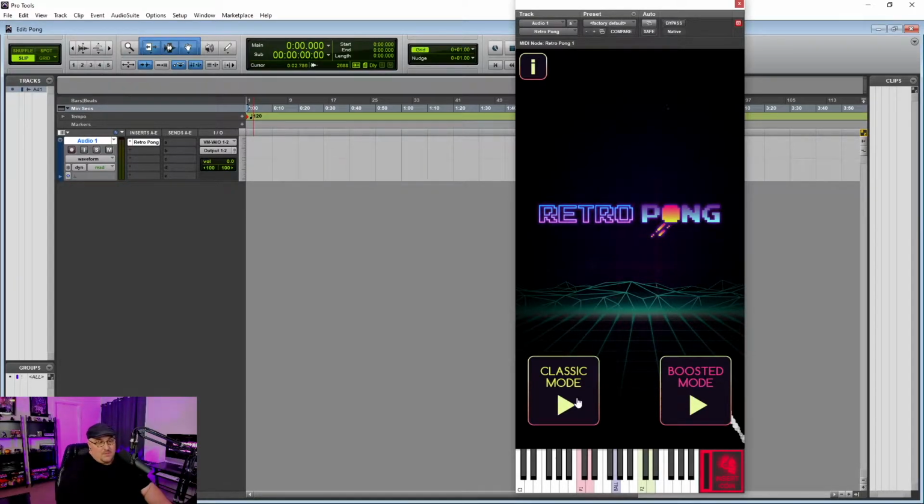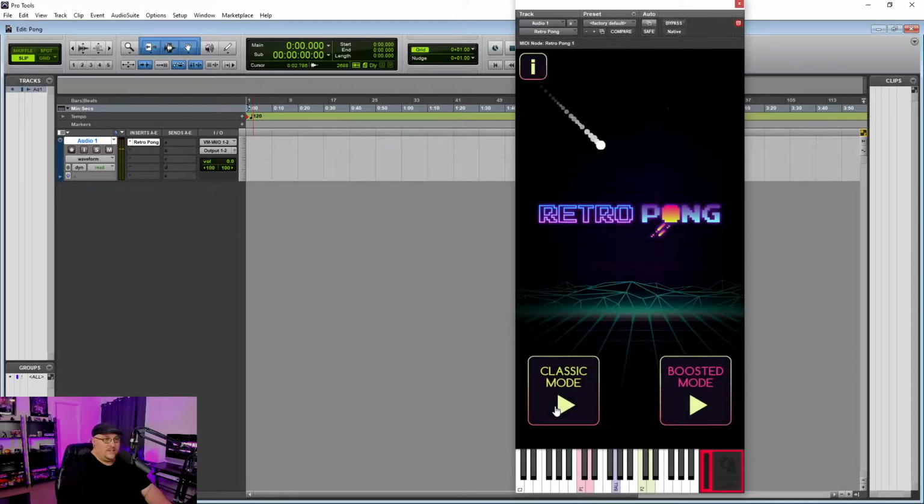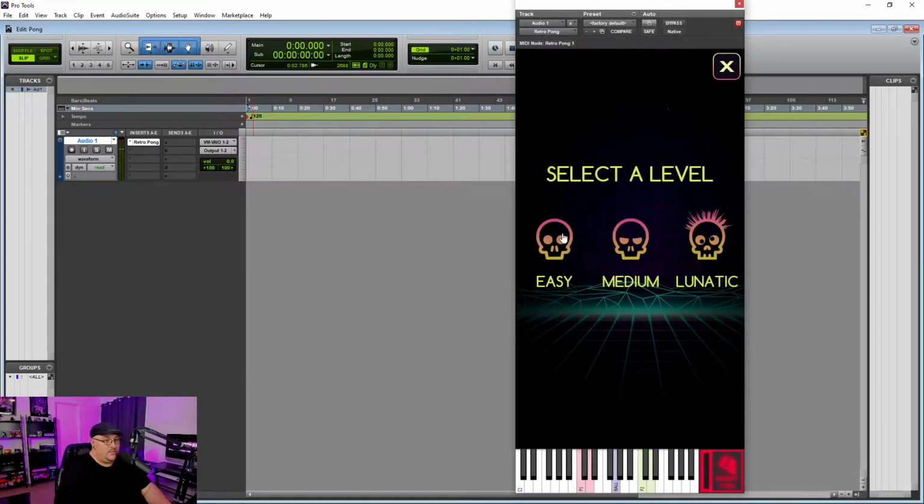It does have two different modes here, the classic mode and the boosted mode. The difference between the two is classic mode is simply the back and forth ping pong, and boosted mode has power-ups like a crazy ball or multiples or shrinking or expanding the paddles and things like that. It does have capability for MIDI and up to 2 players, but it's just me, so I'll be playing with myself. But one of the cool features, if we just jump in here to a match,